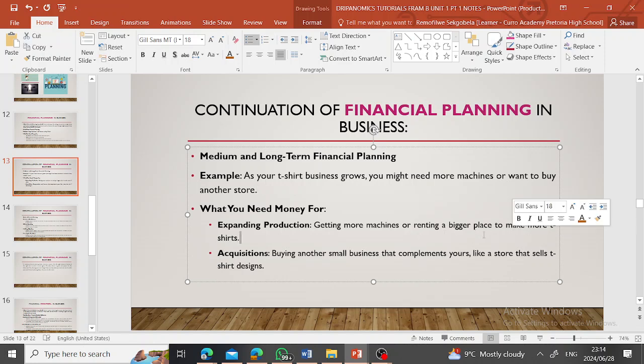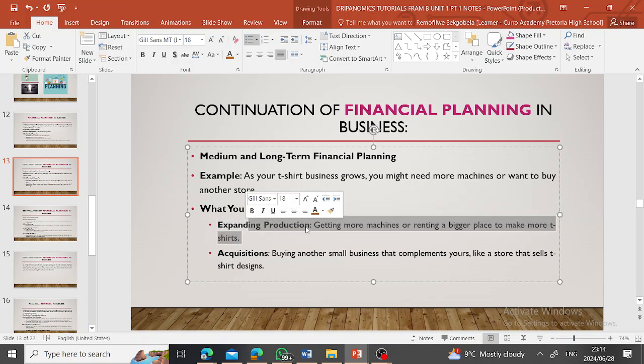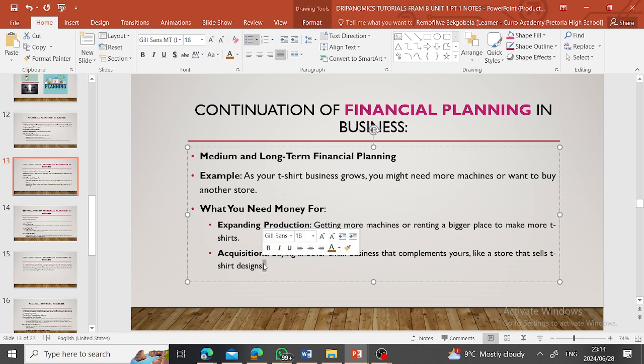So you might need a more production place, or more in-house or in-venue place, or headquarters. And then for acquisitions, to buy another small business that complements yours, like a store that sells t-shirt designs. So now instead of making your own designs, you might even buy another company that's very good at making t-shirt designs. You could acquire it,